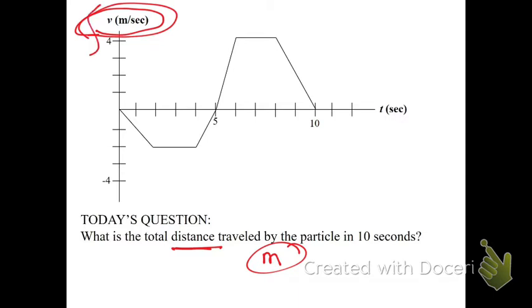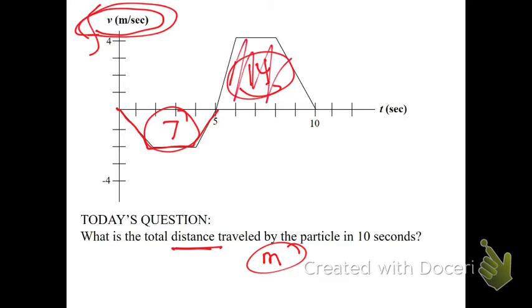So how do we integrate a graph? We're looking at area. Okay, so we're looking at the area under the graph. So let's find the areas. Actually, this is the same exact graph from yesterday. So if I did the area underneath these things, this is an area of 7 and this is an area of 14. Now, what does that mean in the context of this problem? If this is a particle moving along the x-axis, then it went 7 meters to the left and 14 meters to the right. And that's the area under the curves, okay? So given those two numbers, 7 and 14,